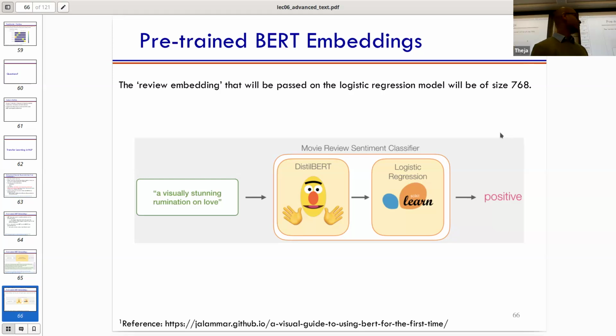So what we're going to do is exactly what we used to do with CNNs also. We have an input. We're going to use this DistilBERT or some pre-trained NLP model to generate the appropriate embeddings of the sentence in this use case. And once we get the embedding of the sentence, just like we get an image embedding for the image, we can always do simple logistic regression or something like that to make a prediction as positive or negative. That's what we're going to do.